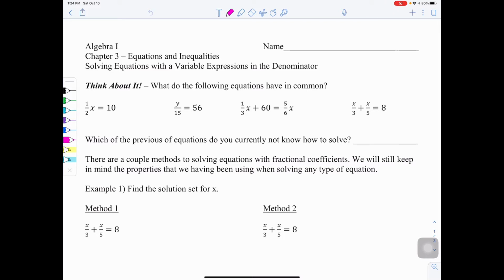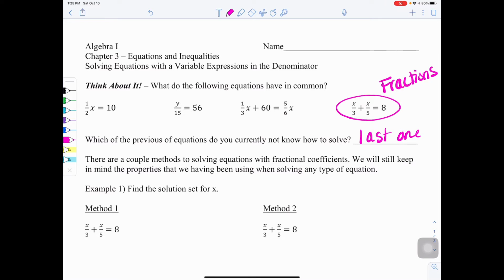So hopefully you saw that all of them have variables, they are equations, and they are all kind of involving fractions, but there's one of those that is different from what we've been previously solving. So it says, which of the previous equations do you currently not know how to solve? That should be the last one. This one right here